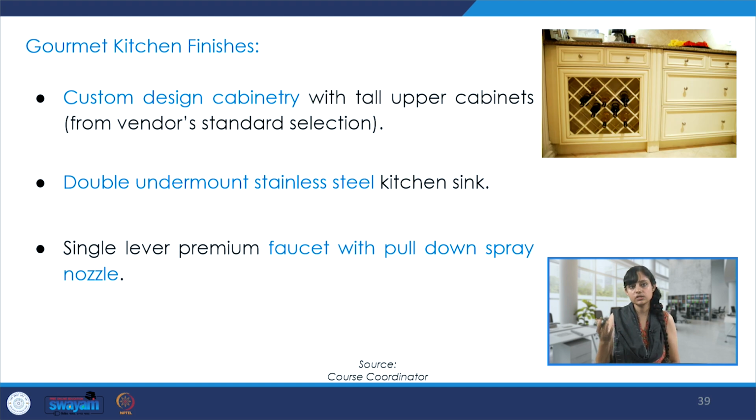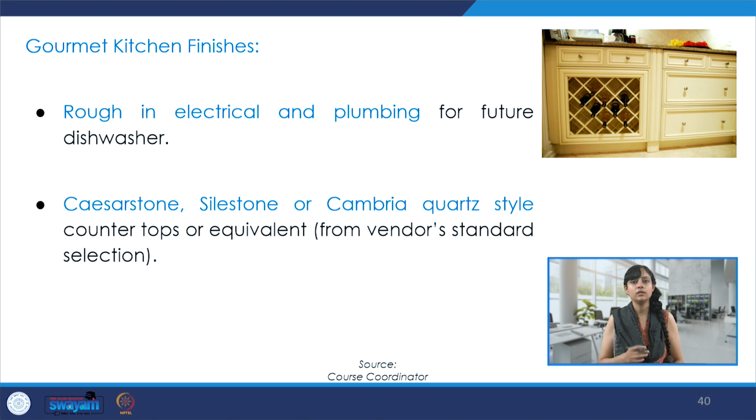Then there are gourmet kitchen finishes over here. We see very custom designed carpentry and cabinets, and some interesting stainless steel kitchen sink over here, and again some very interesting hardware and plumbing equipment. All of them have a very premium luxury finish. Like I was talking about plumbing, dishwasher, sink, cabinets, storage units, and the kind of finishes that have been adopted for them, even the countertops have been chosen with great care.